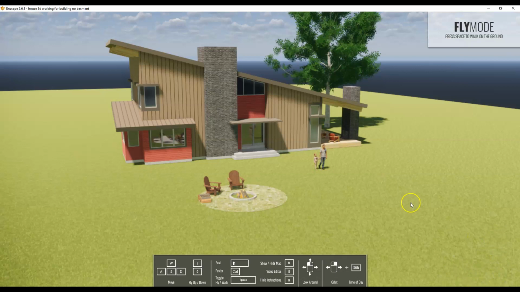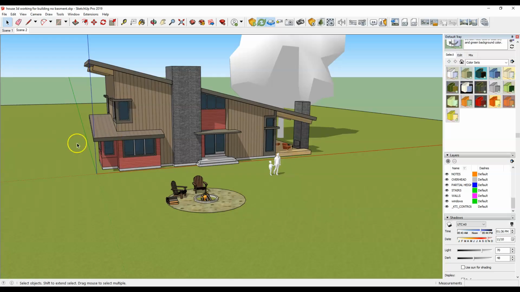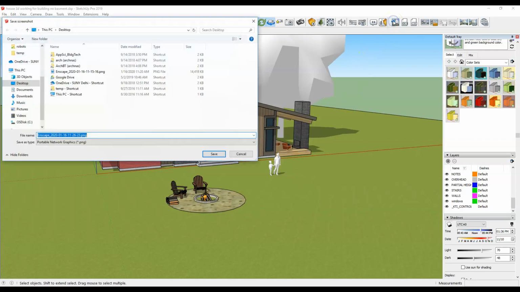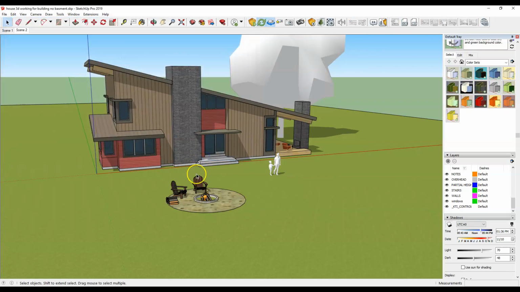You'll notice the time was in military time, so that's just so you know whether it's AM or PM. So adjust the shadows to get a good shadow quality, and then once you do that, you'll basically be ready to export. To do that, I have to jump back into SketchUp really quick, and I just have to hit the export button, which is here, or the render image button. So I'm going to hit render image. I'm going to find a place to save it. I'll save it onto my desktop,